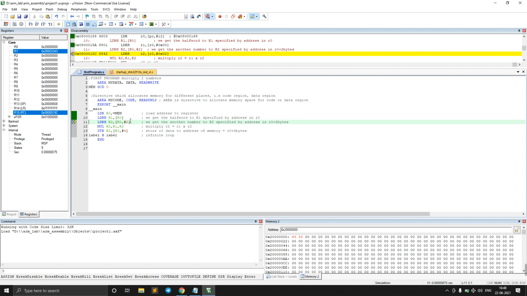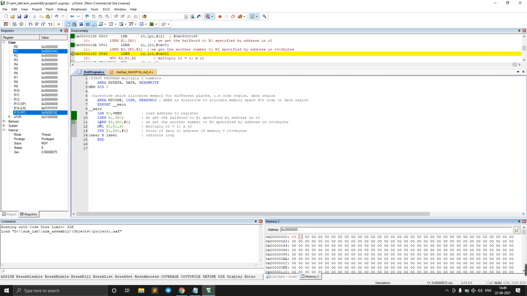So 8 into 4 becomes 32. That's why each register is 32 bit. And each of these is 1 byte. So this is 1 byte, this is 1 byte, and these 4 values constitute a 32 bit word.